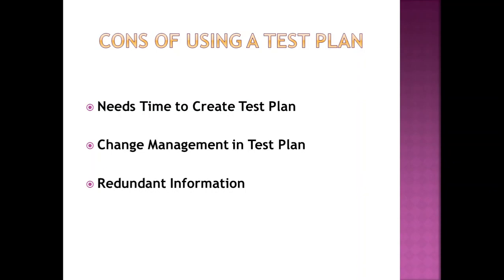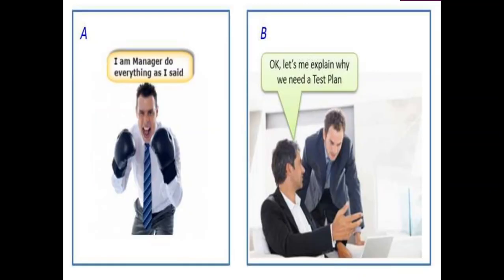Change management: when new requirements come in, your test plan is going to change. And redundant information: as I told you before, when you start writing your test plan, or in the due course of writing it, you may not be very clear on all the information and detailing, but definitely at least an approximation would help you in your testing process, and it will defend you against the kind of managers who say, I am a manager and you have to do what I say. But no, you have to explain to him why we should have a test plan and that we will go according to the test plan. That should be the suggestion given from a tester's perspective.